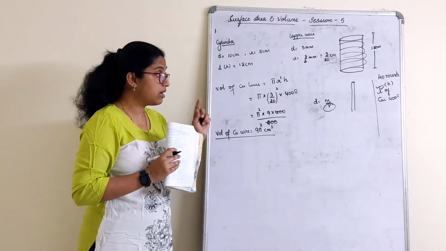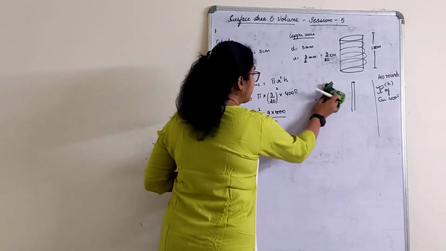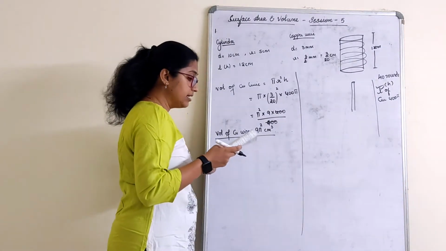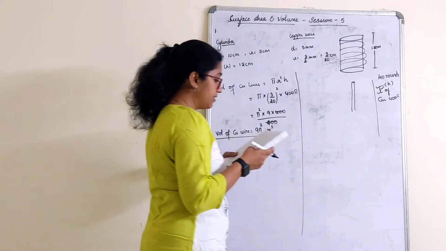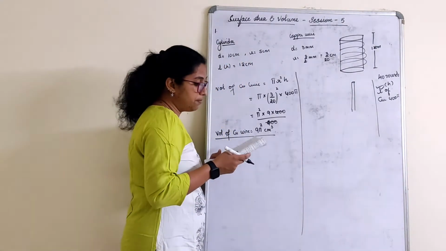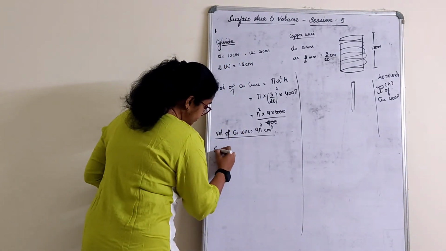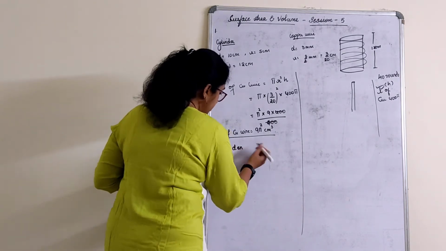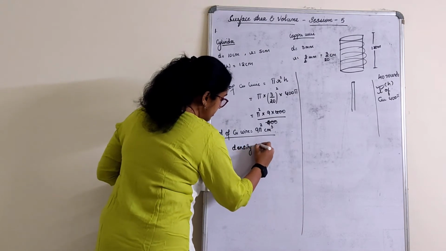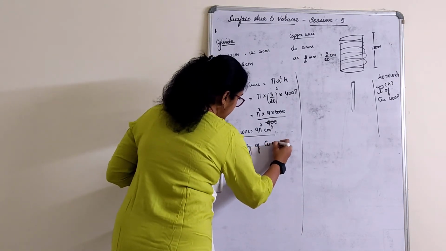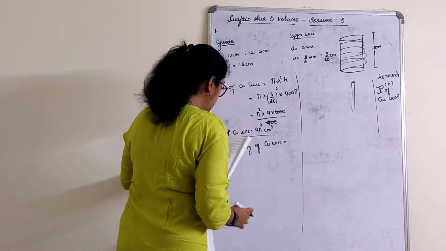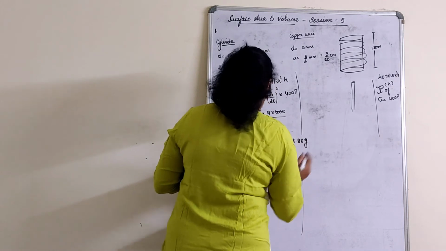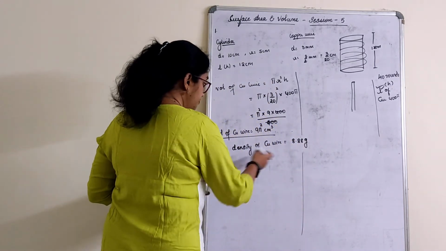Okay. Now the last part. Over. We calculated everything. Now finally what have they asked here? They have asked to find the length and mass of the wire assuming that density of the copper wire is so much. Right. Given. D stands for density, or density only I'll write. Density of copper wire is equal to 8.88 gram per centimeter cube.